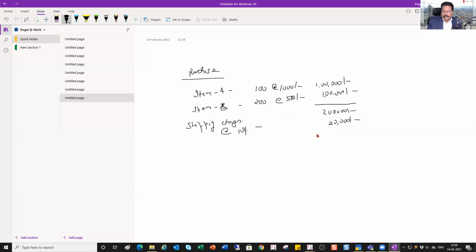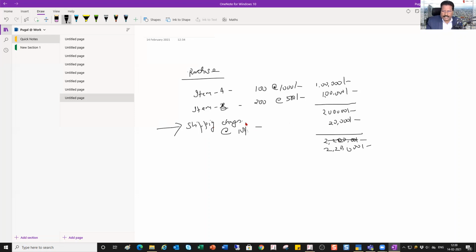Your total invoice value is going to be: purchase cost 2 lakh, plus 20,000. Now, one school of thought, whatever shipping charges my supplier has charged me, I am going to